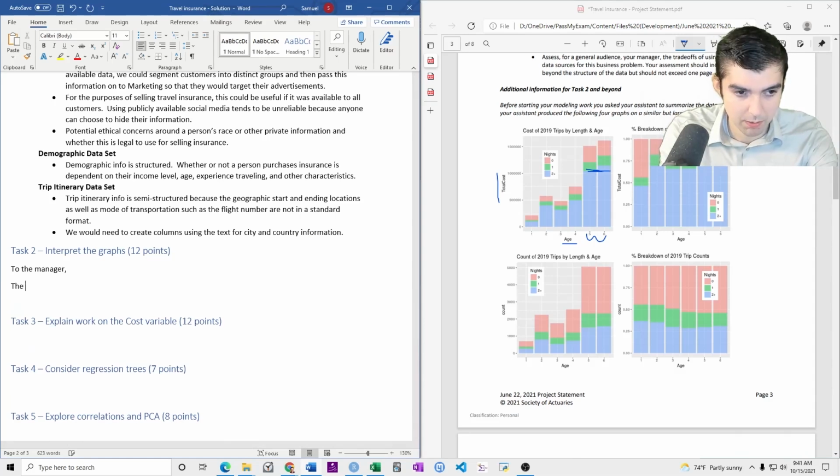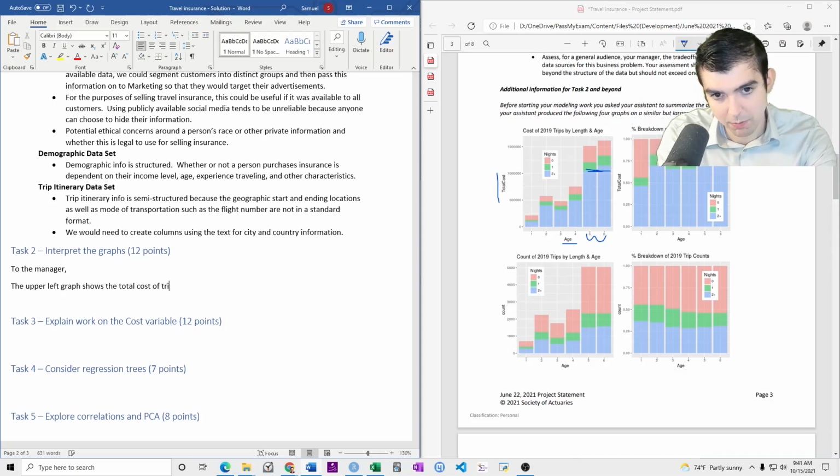The upper left graph shows the total cost of trips across customers' age.